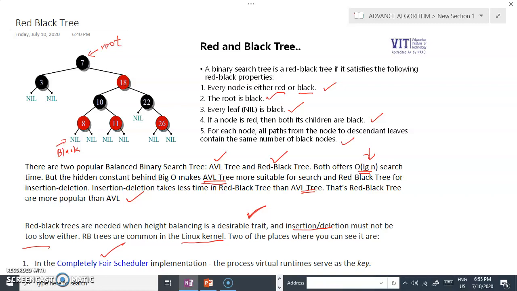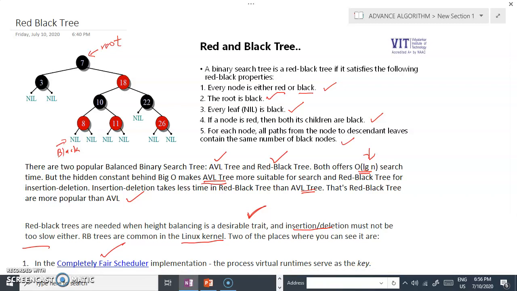To delete a node, there is an algorithm for it in red-black tree. But any insertion and deletion will obviously disturb the red-black order configuration that we can see. And in such cases, to reconstruct the correct red-black tree, we will need to perform certain rotations. It will be left rotation and right rotation.